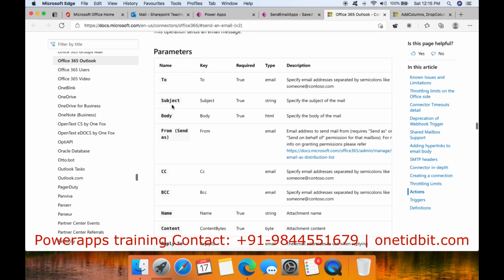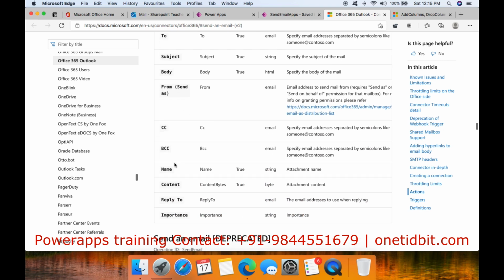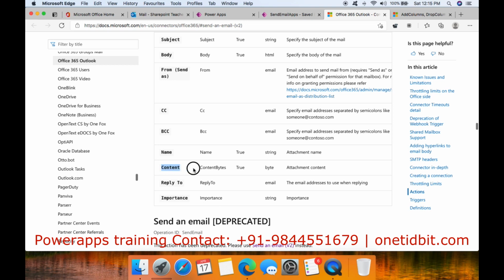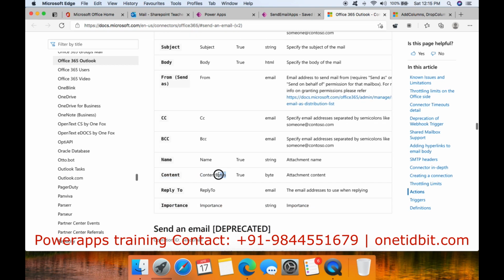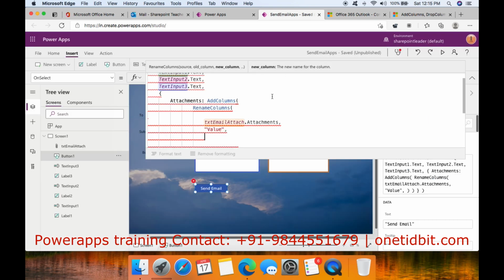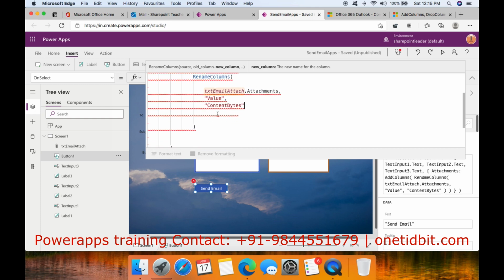We can see To, Subject, Body, From, CC, BCC, Content is there. To add contents the key is ContentBytes, so we need to add ContentBytes here. Now we close the bracket.